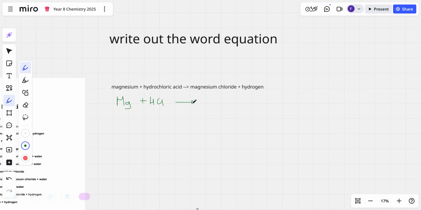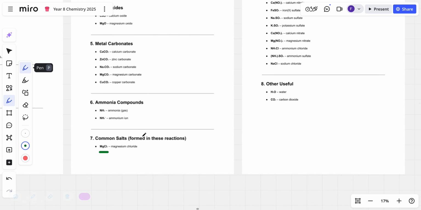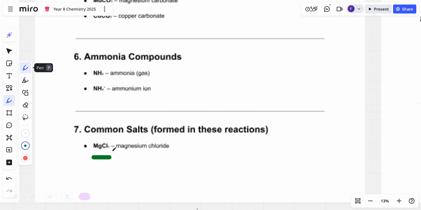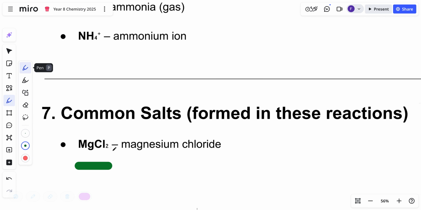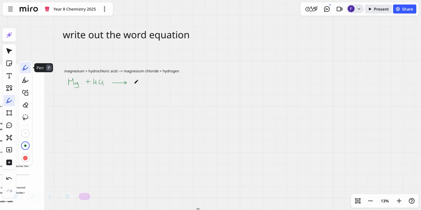It will form magnesium chloride. And again, you guys won't know this. All right? Magnesium chloride is on this list. Common salts. So number 7 is common salts. And there is magnesium chloride. Big M, little g, big C, little l, and a little 2. There it is, MgCl2. And you must write it down. MgCl2